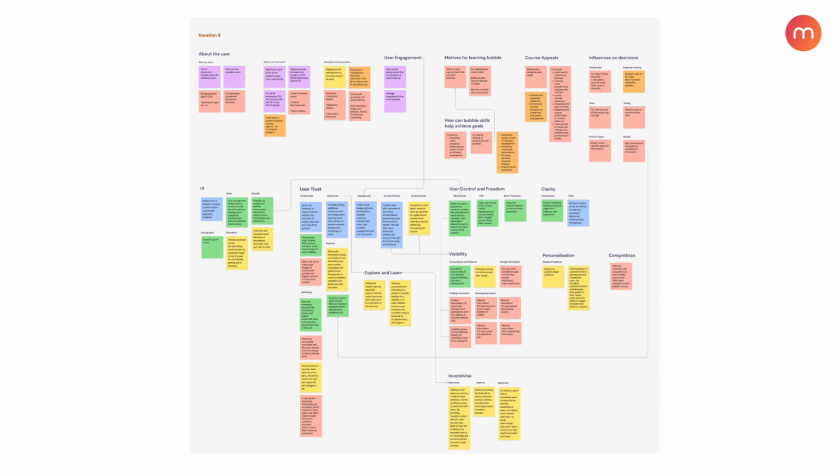Now let's look at how we bring all of that survey data together. On this slide, you can see a research synthesis board that we created for Momentum Academy. This is where we take all the open-ended survey responses and start grouping them into themes. Each sticky note here represents a user comment or observation from the research. We've clustered them based on common ideas so we can start to see the bigger picture of what users think,